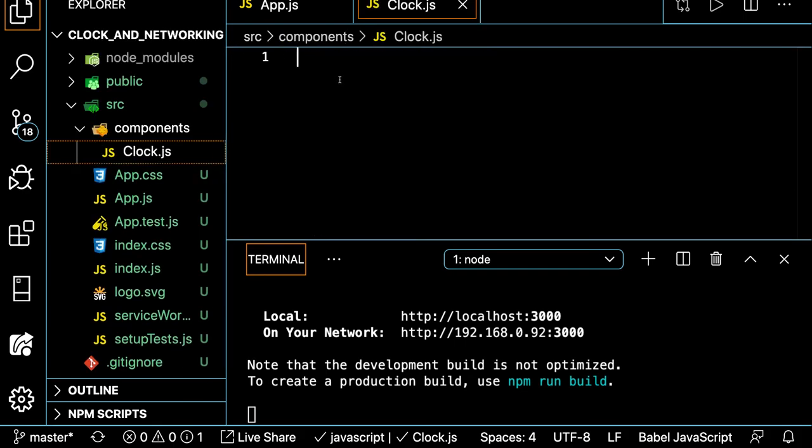Should I make this a class component or a functional component? Danny says class component. How come? Because we want to keep track of the state of our time. We want to keep track of state of our time. Why else? Doug? Maybe because we have to render smaller